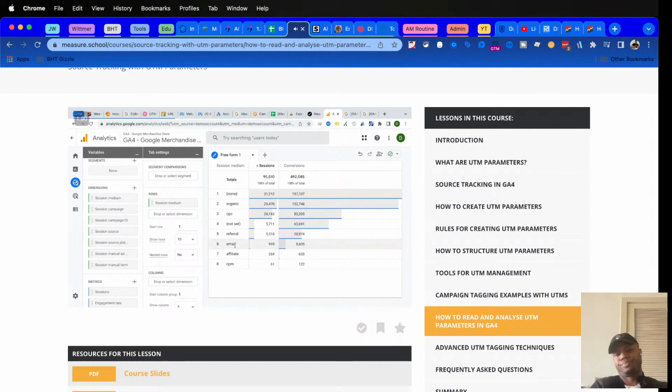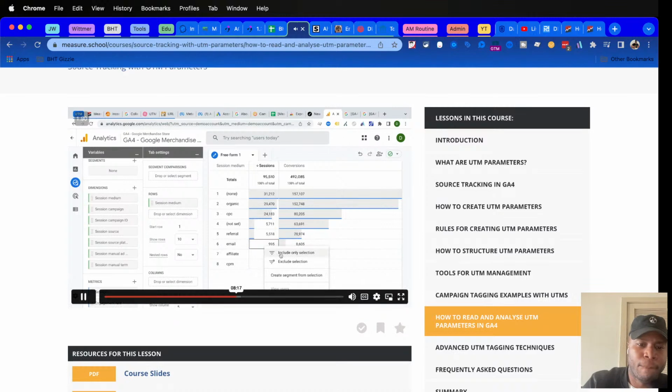So we want to dig deeper into the email campaign and actually know what kind of sources are connected to our medium here. So what I'm going to do is right click, and then I'm